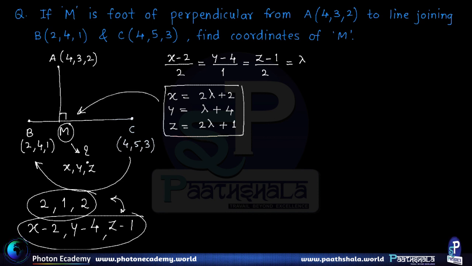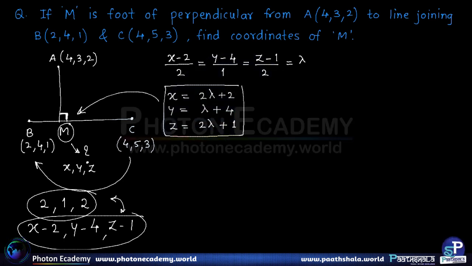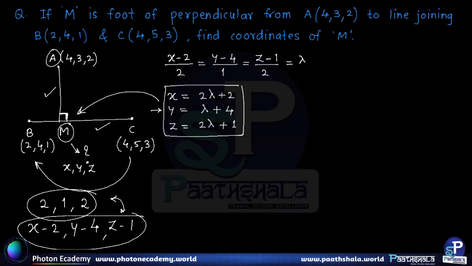Now we have to use the condition of perpendicularity, and we have seen that the two lines are perpendicular if a particular condition in their direction ratios or cosines is met. Now BC direction cosines and ratios are known, and the direction ratios of AM also can be found out, because we now know the coordinates of point A and point M. So therefore let us write here direction ratios of AM